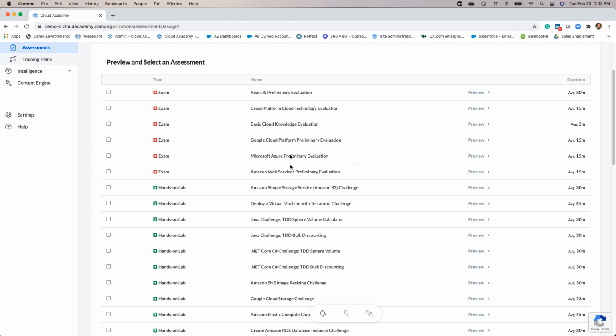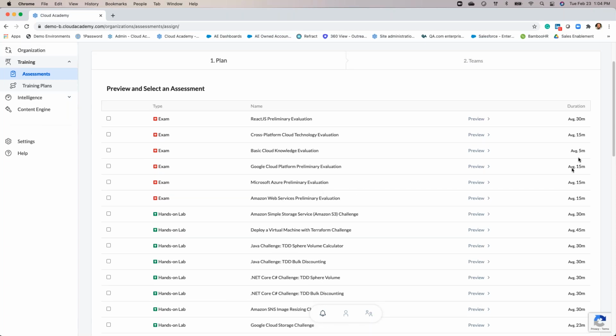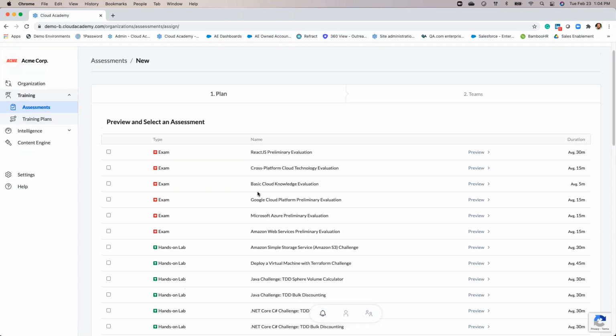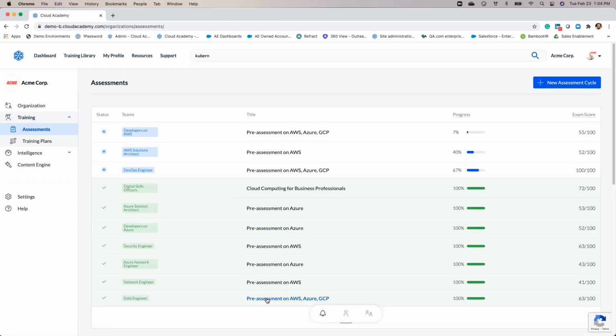And then again, you've got your text-based assessments largely aligned with some of the cloud platforms, basic cloud, even some programming areas, things like that. We could customize these through Content Engine, which I'll talk about later on. You assign these out, you'll see some 15 minutes, 30 minutes, whatever it may be. And I'm going to give you a look at what some of the examples or readouts